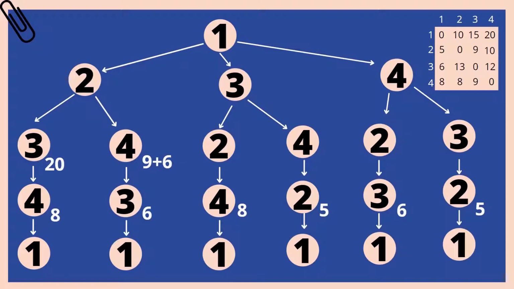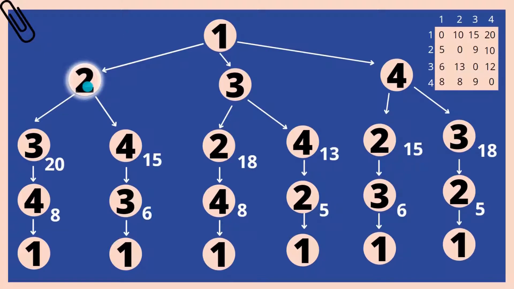In the case of 2, we will be adding 8 and 2 to 4, that is 10. In the case of 4, we will be adding 5 plus 4 to 2, that is 8. In the case of 2, we will be adding 6 plus 2 to 3, that is 9. It is going to be 18. So now let's move one level above.